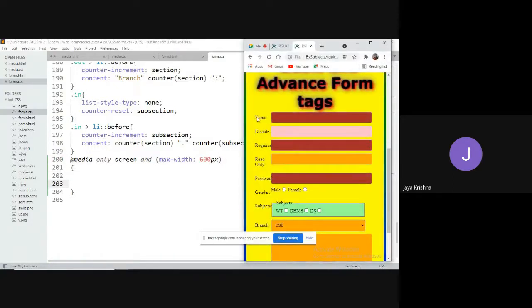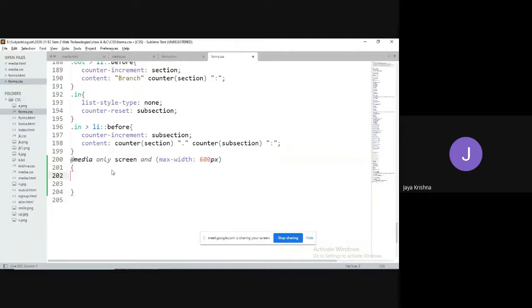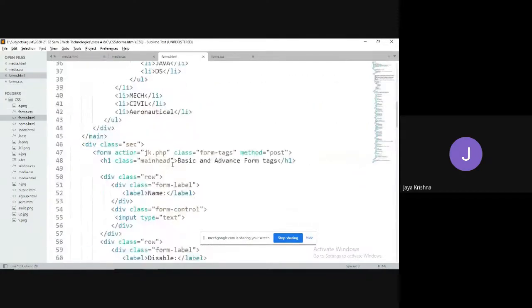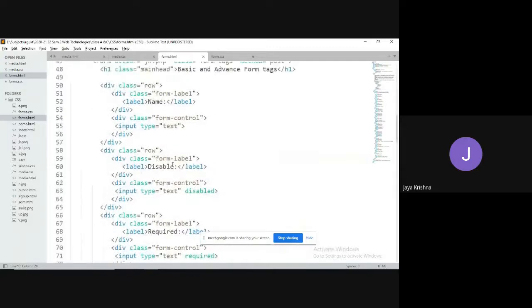I need to get the label on the top, and in the next line I need to get this text field visible on the top, next line. Required, next line. Like that I need to get. So at the time, what I can do is, I hope you remember this one. Yeah, I made this kind of syntax. With the help of form control I am going to manage those input data, and with the help of this form label I am going to take the label data.